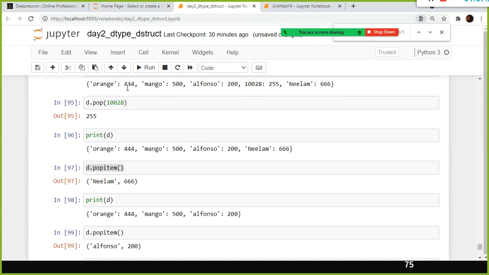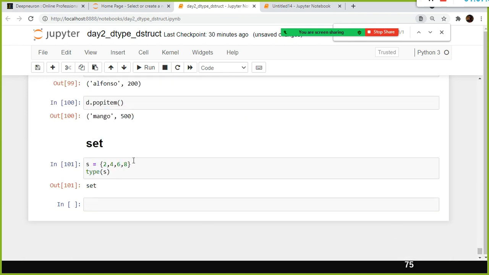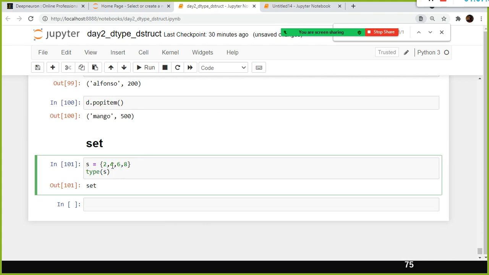Orange colon, key colon value, inside the curly braces. But if you don't give the key value pair and directly specify values inside the curly braces, this will become your set.